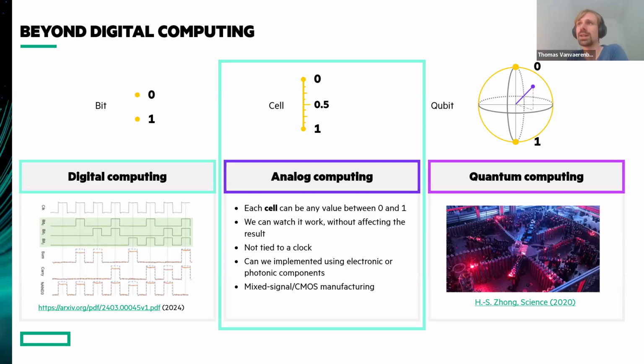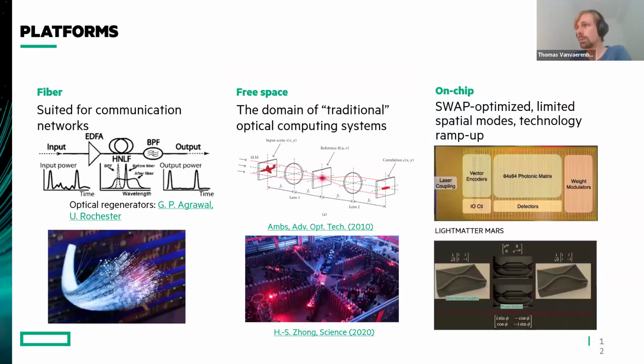But at least it's some outline of what might be, in their opinion, an interesting idea to look at. So if you want to know more, check the paper at the bottom left of the slide. It's on arXiv. But okay, for this presentation, we will stick for now to this world of analog computing, and then you still need to make another choice. Do I stick with a fiber-based setup, do I stick with a free space setup, or do I work with integrated chips? These are the three traditional schemes